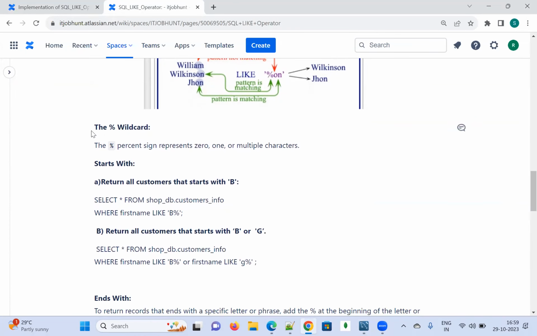Okay, the first thing, percentage wildcard. The percentage sign represents 0, 1 or multiple characters. What I am going to explain here is, the interviewer is going to ask the question: print all the customers starting with a B. They are going to use the customer info table. In that case, you have to write the query something like this: select star from table name, this is the customer info table, and where clause first name like single quote or double quote, b,